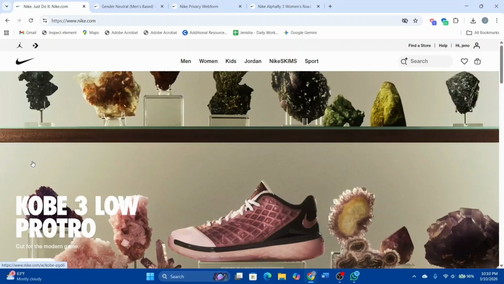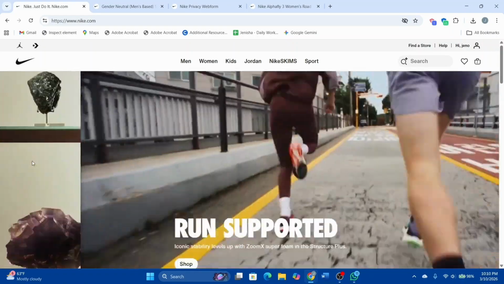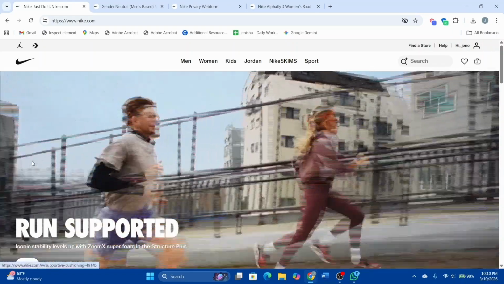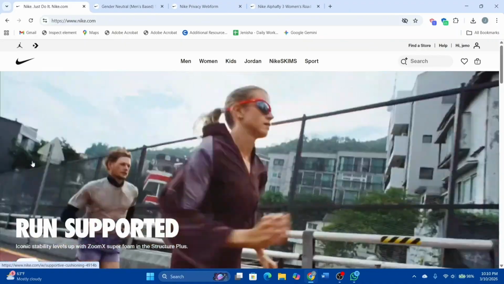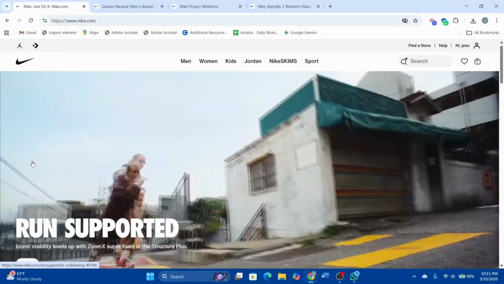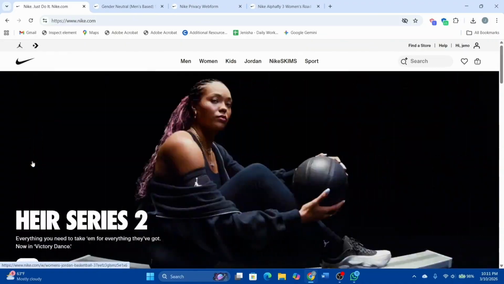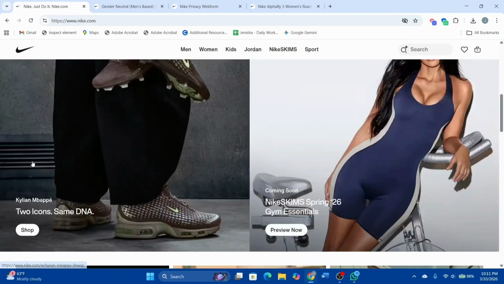In today's video, we are providing you with the step-by-step tutorial to do so, which is completely safe. So you can just go over and follow this method. And keep in mind that doing so will permanently delete your account, order history, saved items, and Nike rewards as well. So once you head over to Nike website, what we can do is we can scroll to the bottom